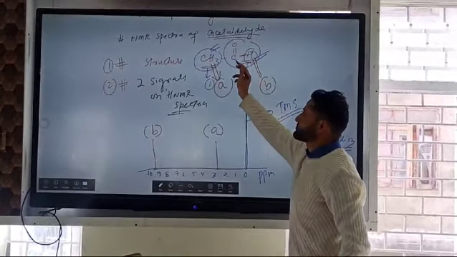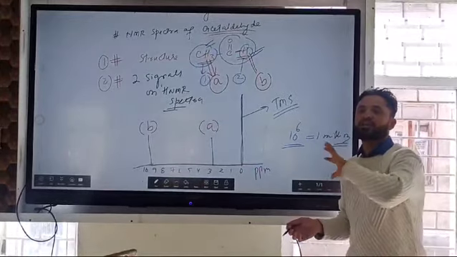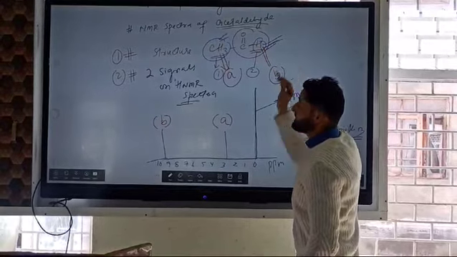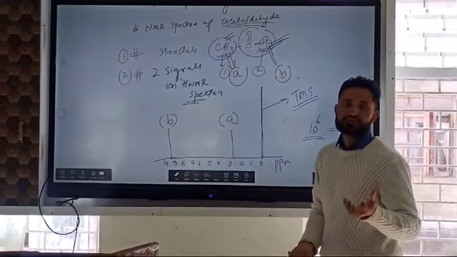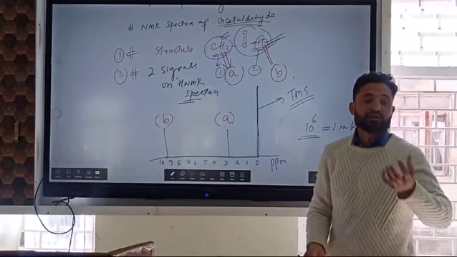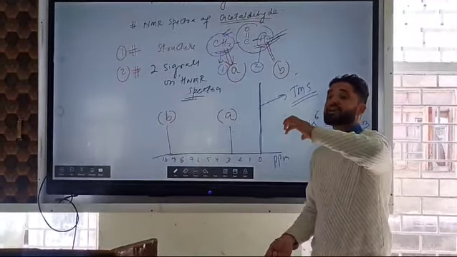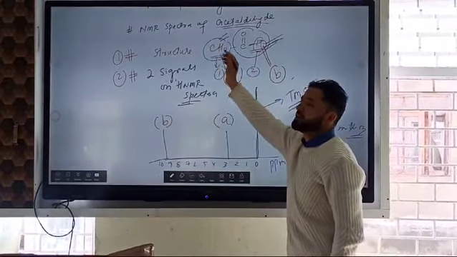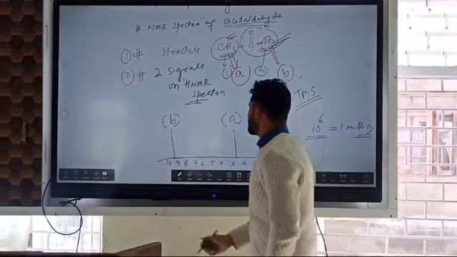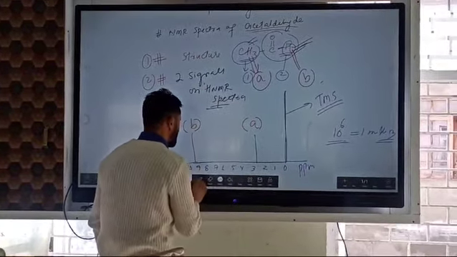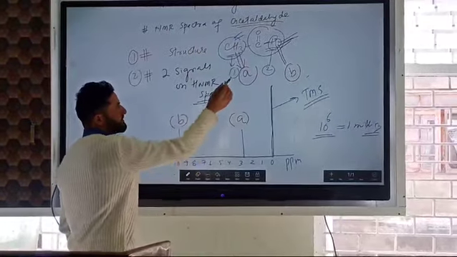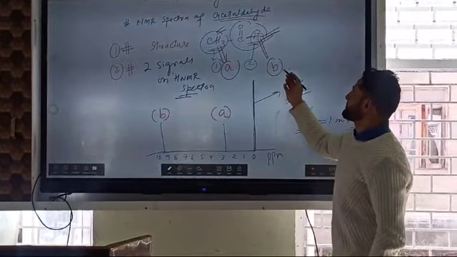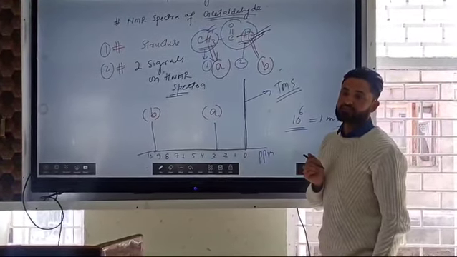This proton is directly attached to the electron withdrawing group, which draws all the electron density from the proton and leaves this proton as a naked proton. So that naked proton feels the external magnetic field to a greater extent, so that it resonates at a higher frequency than the proton which is attached to the methyl group. Right? So now the second point is we will go for the multiplicity of the peaks. You know that the multiplicity of the peaks is given by the n+1 rule.